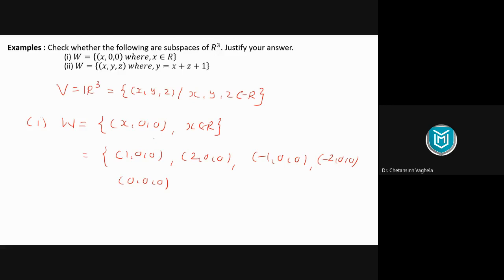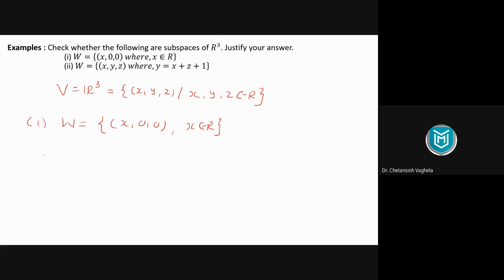Yes, it is. Why? Because the condition is y and z coordinate should be 0. Whether x is 0 or non-zero makes no difference. Y and z coordinate should be 0. So 0, 0, 0 is again eligible to be in set W. Right? So why am I writing these vectors here? Just to make you understand what kind of vectors will be there in W. Now we want to check whether W is a vector space or not. That means it is a subspace or not. So we need to go with two conditions here.